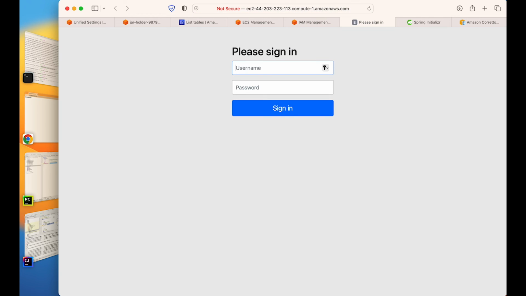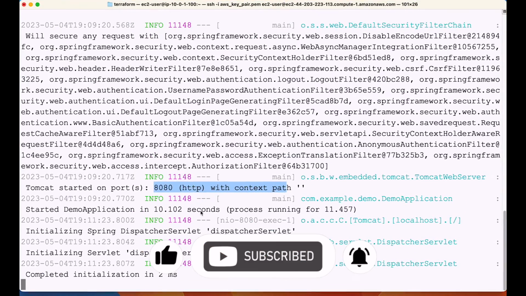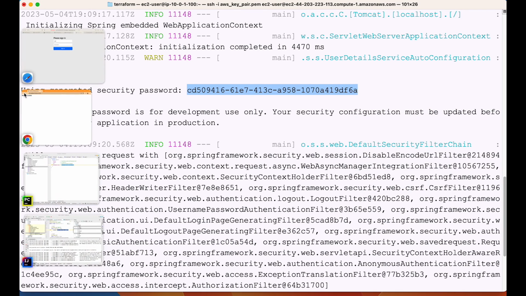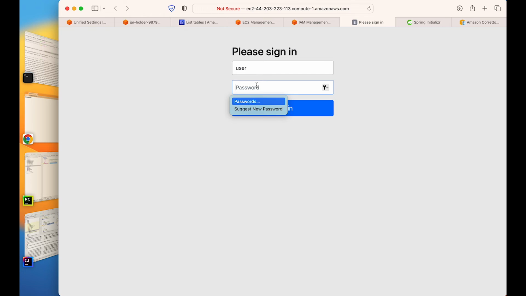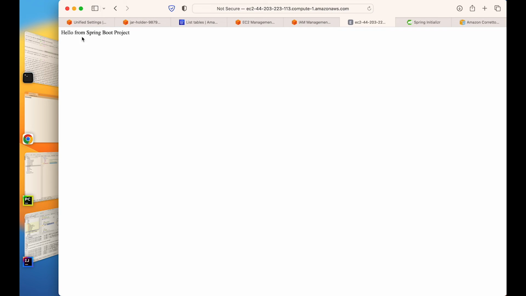So if I hit enter now, I see the login page and I will put my credentials, user, and I will take the password from here that is generated for my EC2 instance. This is the password. I will copy it and paste it here and I will sign in. Now it is saying hello from Spring Boot project, and this project is running on